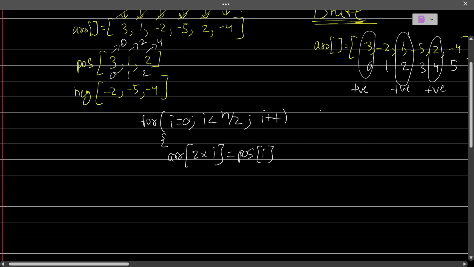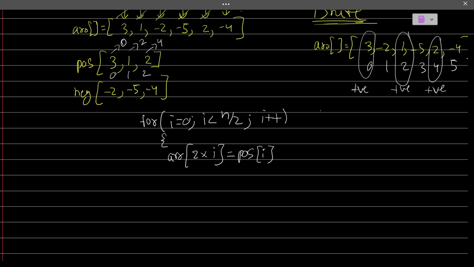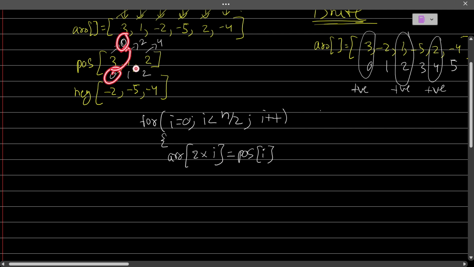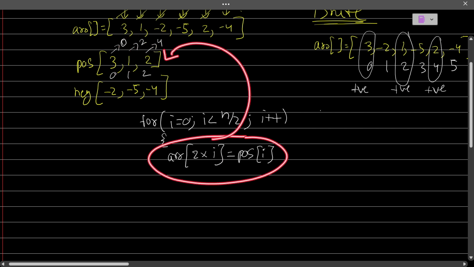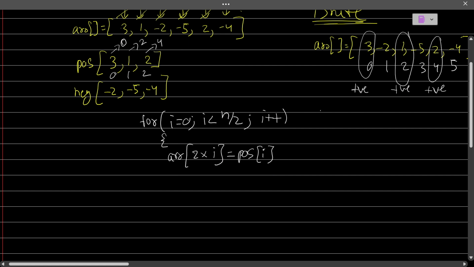What is this 2 into i? This is going to tell my positives where I have to put the positive elements. Like this 0 will be placed at the 0th index, 1 will be placed at the second index, and the second element will be placed at the 4th index. So this tells my positives where I need to put the positive elements, right? Okay,